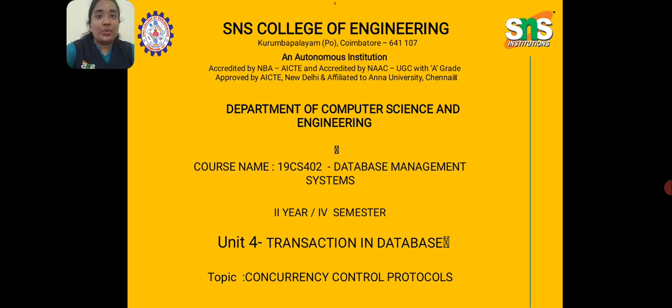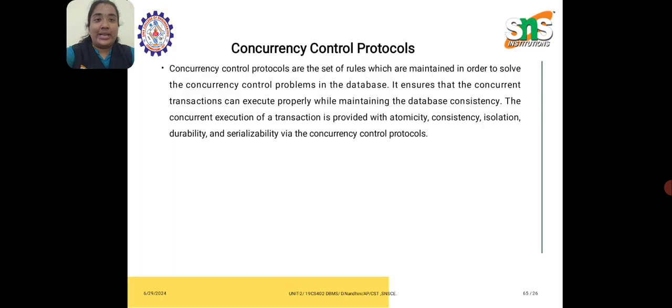Science and Technology. Today, we are going to see a topic on concurrency control protocols in database management system. It comes under a transaction in databases. What is a concurrency control protocol? This concurrency protocol is a set of rules. We are maintaining some rules for this problem to solve that concurrency step by step. Next one, it ensures whether this transaction can be properly maintained in the database consistency or not. And the third step is that this transaction is provided with atomicity, consistency, isolation, durability, and serializability, because the data